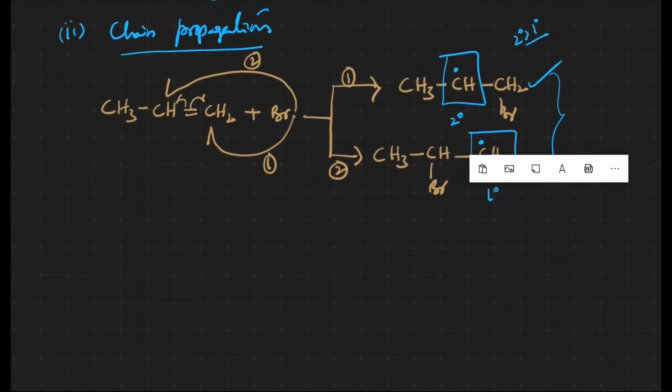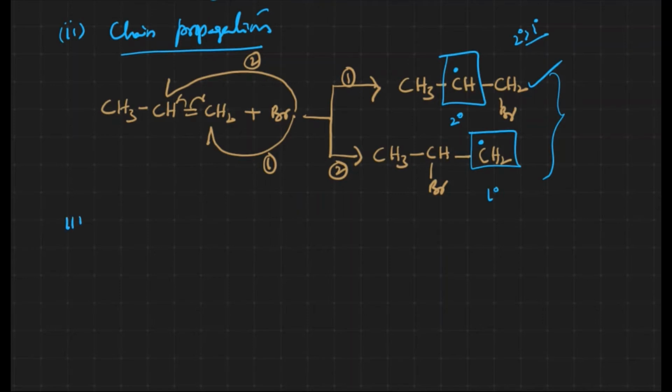Let us see the third step here. Third step in the reaction. What is the third step? In the first step, free radical is generated. In the second step, addition takes place and generation of free radical also takes place again and again, right? At a certain point of time, the reaction has to be stopped, right? In the chain termination step, it is going to be stopped. Chain termination step. In chain termination, what happens here?